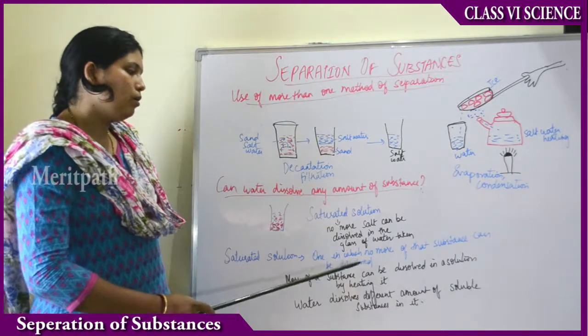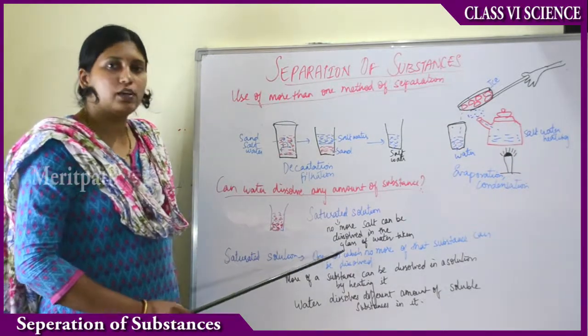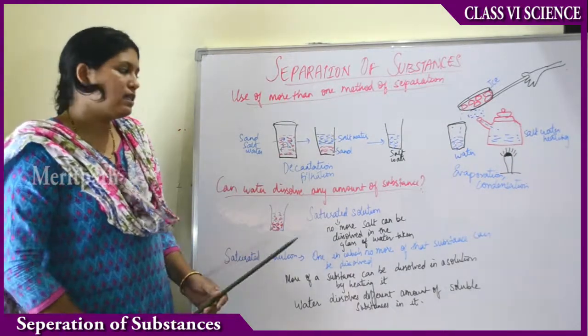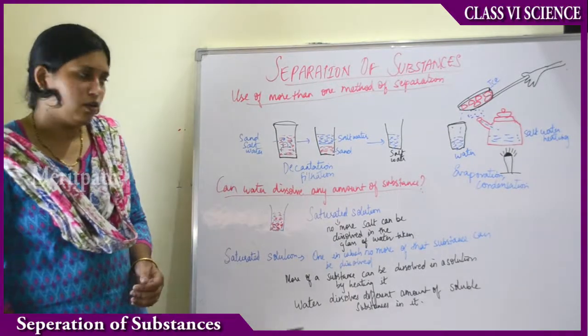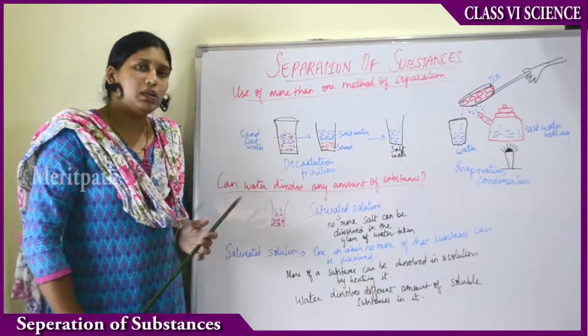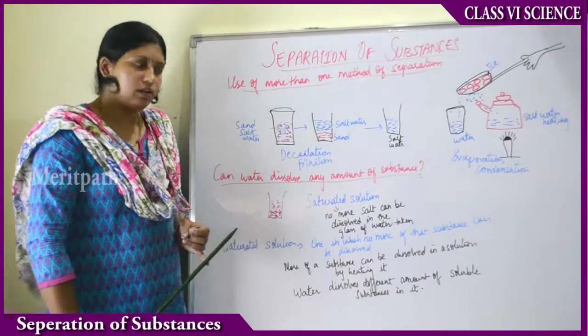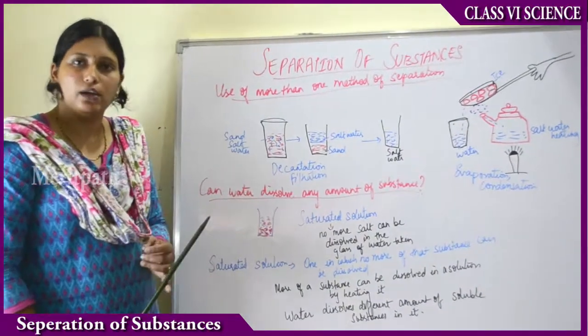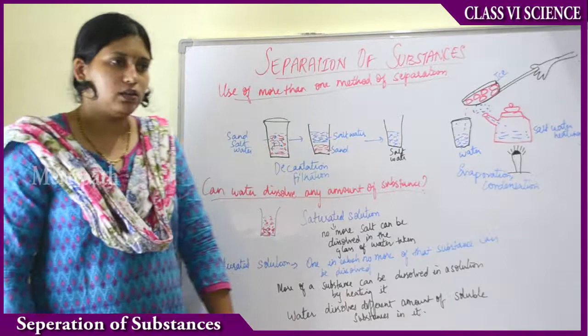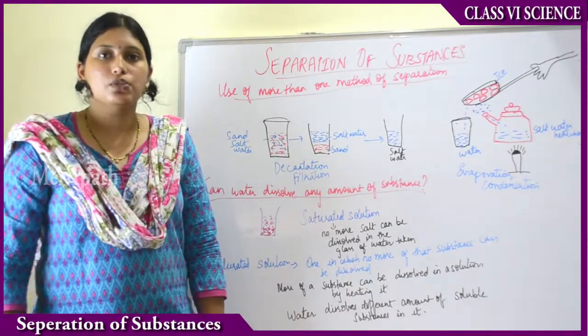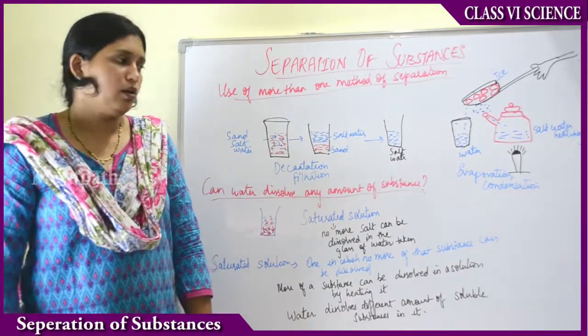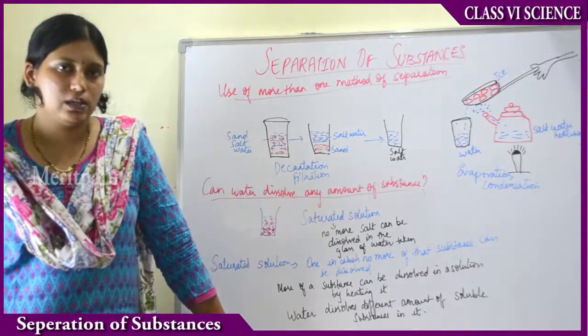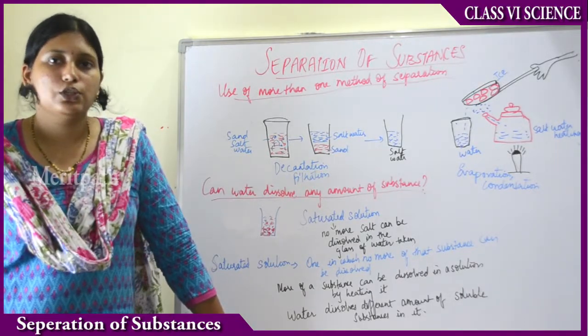So that is how we have mixed salt saturated solution in water and heated it. Same way, taking the example of sugar. Take a glass of water, mix sugar until it no longer dissolves. That is a saturated solution of sugar. And when we heat this saturated solution of sugar, it becomes super saturated solution.